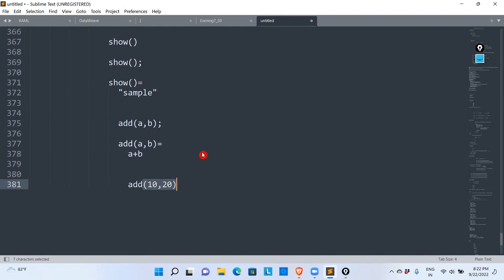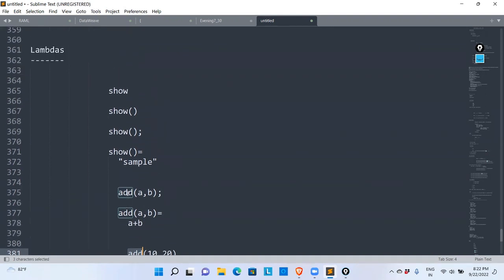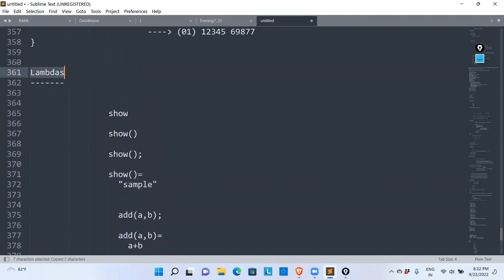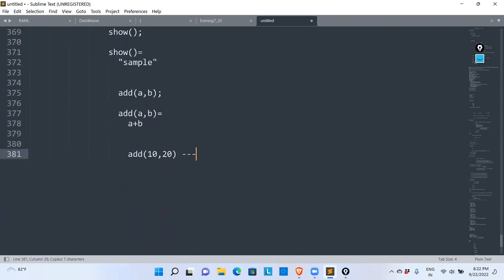But what is my requirement? I don't want to create a function with a name, but I want to create a function, right? How is that possible? We can call it a lambda. Lambdas are nothing but functions without a name. Here it is the function definition, right? So here your requirement is you don't want to put any function name. Then you can start with A comma B. After this, what do you need to write? You need to write your function